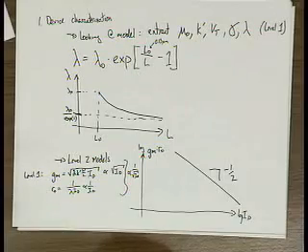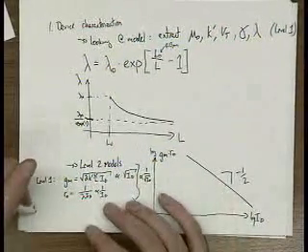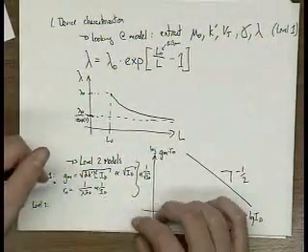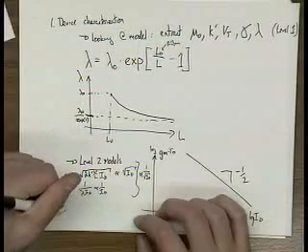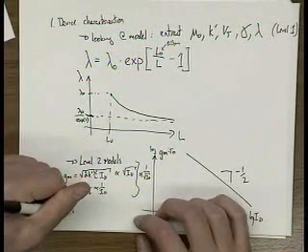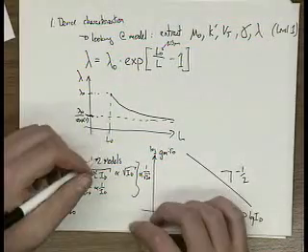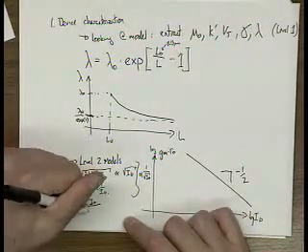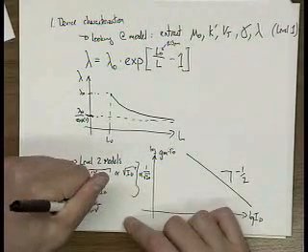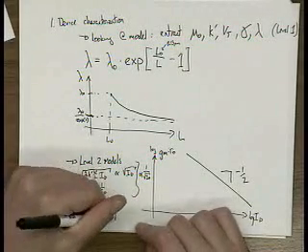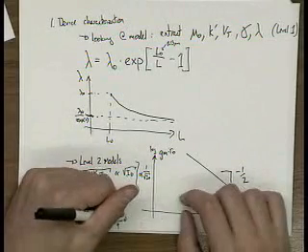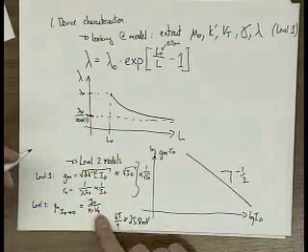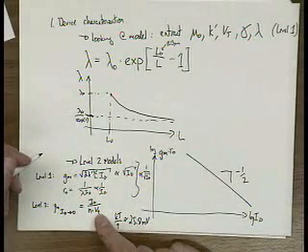That's not real life behavior, because real life behavior is level 2, or level 2 gets a little closer, is that as ID gets lower, as ID goes to 0, now GM begins to look like a bipolar. It looks like ID over N times V thermal. V thermal is KT over Q, which is approximately 25.8 millivolts. Okay? You might remember this from your bipolar device characterization. So what that means,